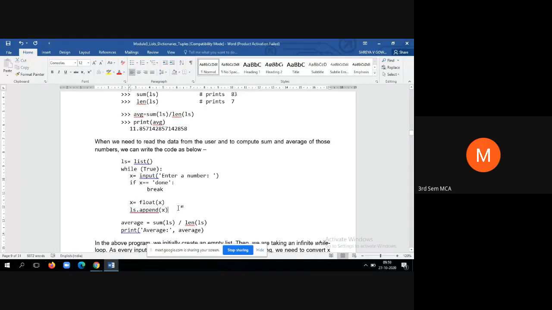Now what happens once we are done with entering all the elements and after doing that type conversion, the final thing is to find out the average. So first you want to find out the cumulative sum, that is the sum of all the elements. So use the sum method divided by the total number of elements. Length will give you the total number of elements. Like this you can find out the average.